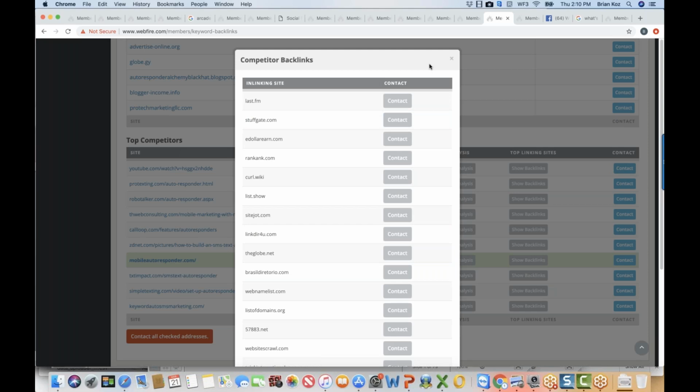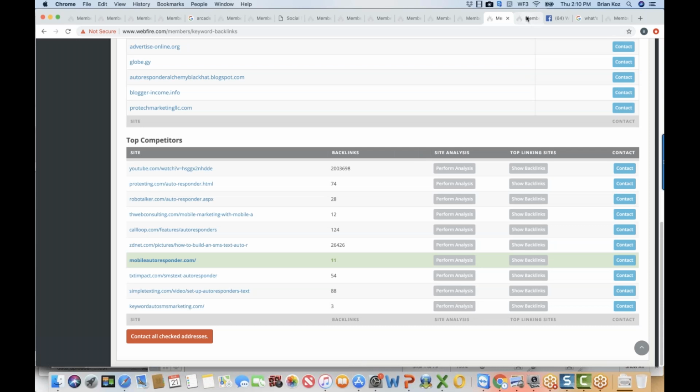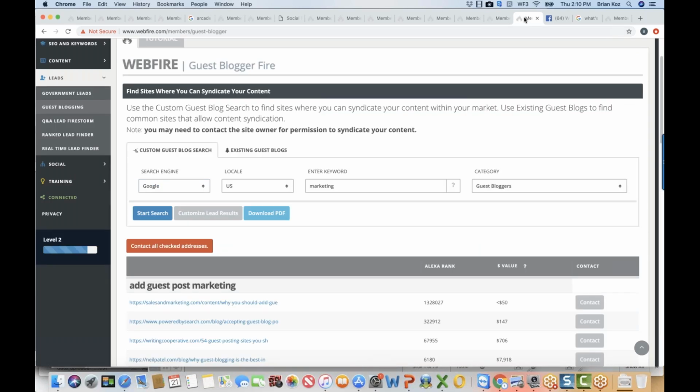So I can literally spy on the competition, see where the traffic is from, and automatically email all their traffic sources. So that's very powerful right there.